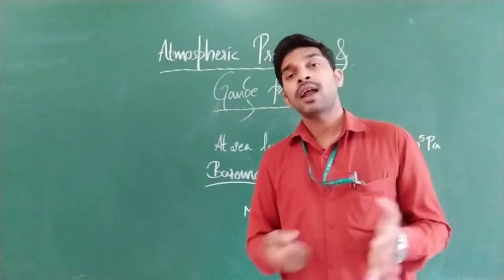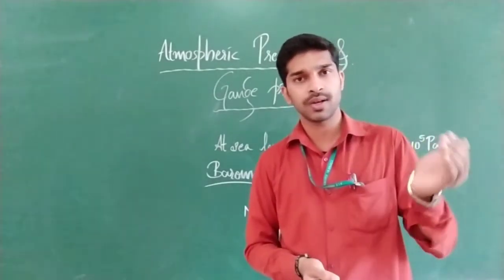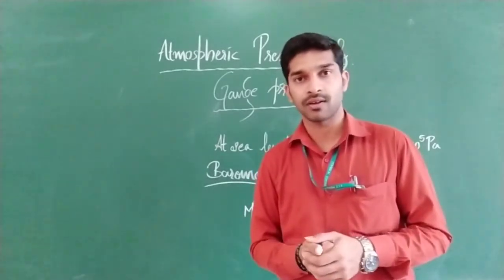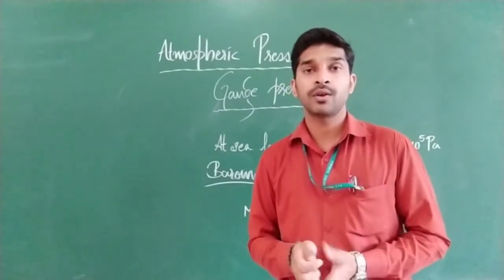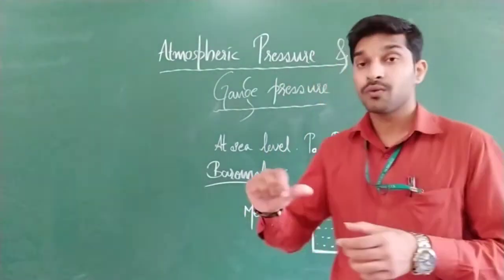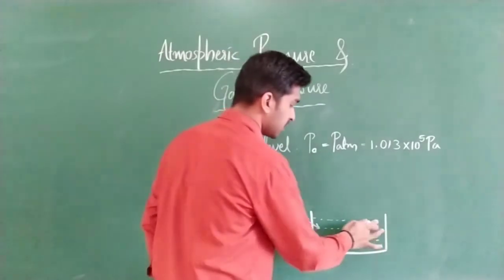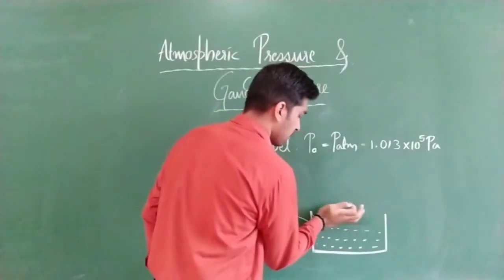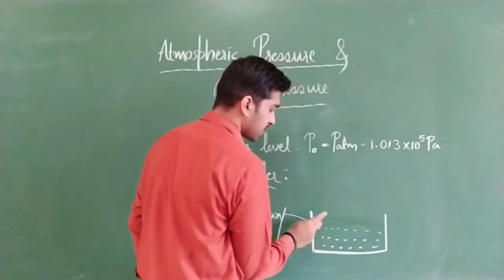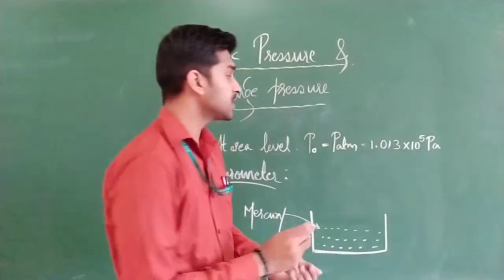In that tube, one side of the tube is closed, that means it is a completely closed one, and the other side is just kept open. From that open end of the tube, we will be filling mercury completely from this trough. Let us assume we have completed filling this much amount of mercury, that means this part of mercury we filled in that vertical tube. Okay, it has been closed.